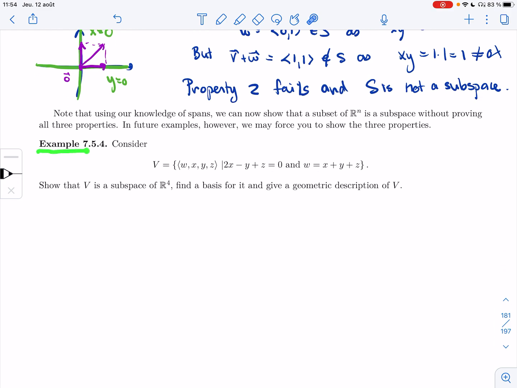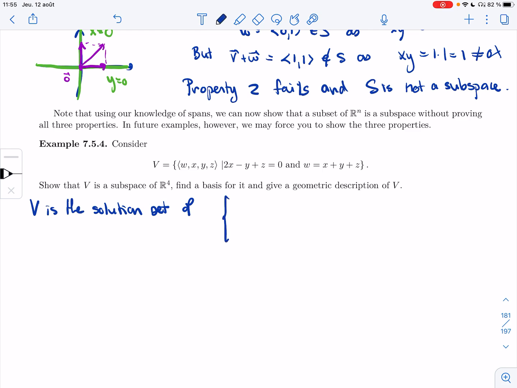So example 7.5.4. Consider the set V of vectors in R4 so that 2x minus y plus z is 0, and w equals x plus y plus z. Show that V is a subspace of R4, find a basis for it, and give a geometric description of V. So I could prove the three properties, but let's instead show that it's a span. So I'm going to need to solve this. So V is the solution set